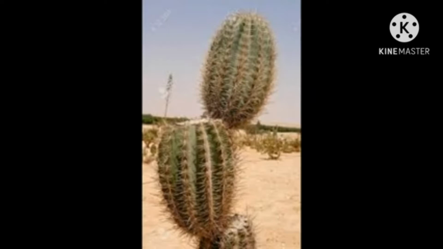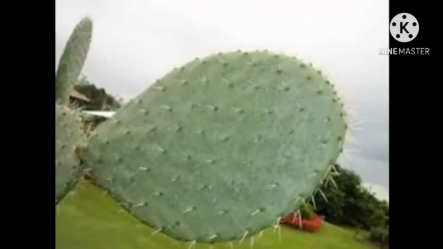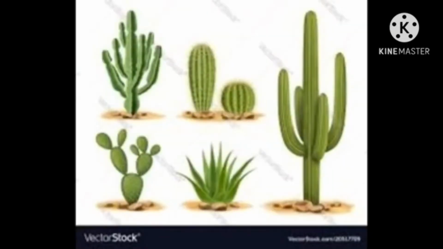The leaf-like structure you see in the cactus is in fact its stem. Photosynthesis in these plants is usually carried out by the stem. The stem is also covered with a thick waxy layer which helps to retain water in the tissue of cacti. Most desert plants have roots that go very deep into the soil for absorbing water.